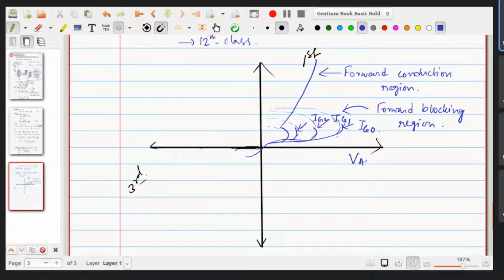What is this voltage? This is the anode to cathode voltage that we have. This is the current that we are trying to take up. This is the reverse recovery current. This part, after maintaining a slow rate, is going to fall steeply, and this part is the reverse breakdown voltage.